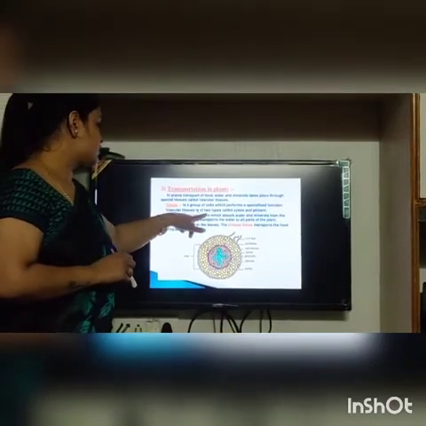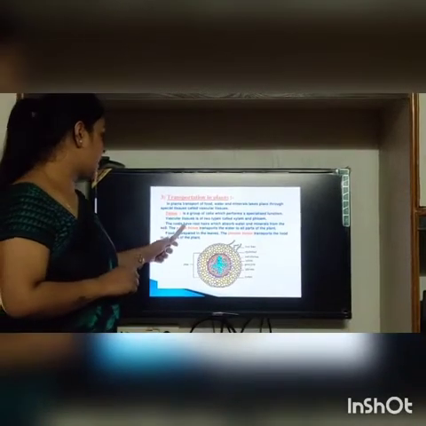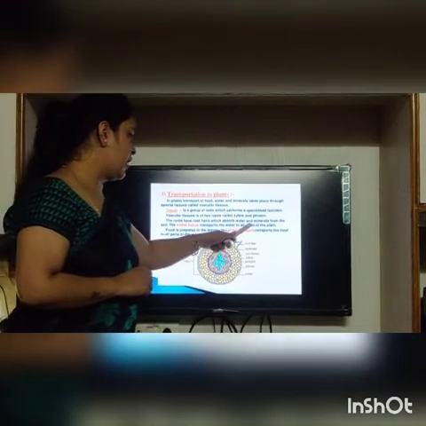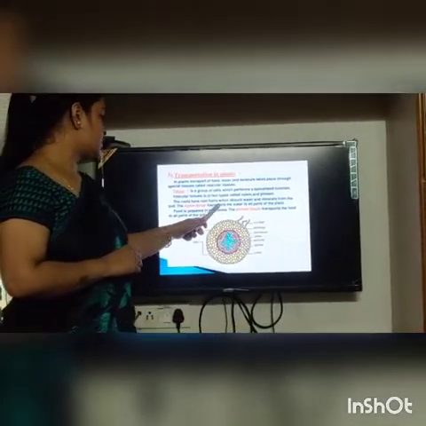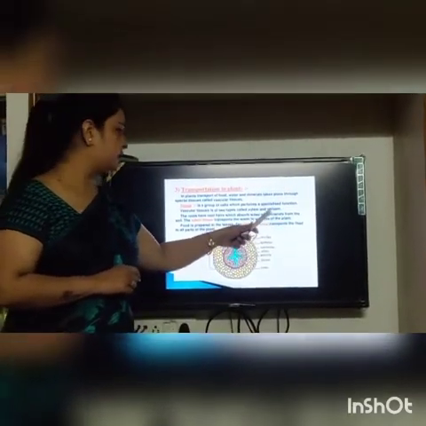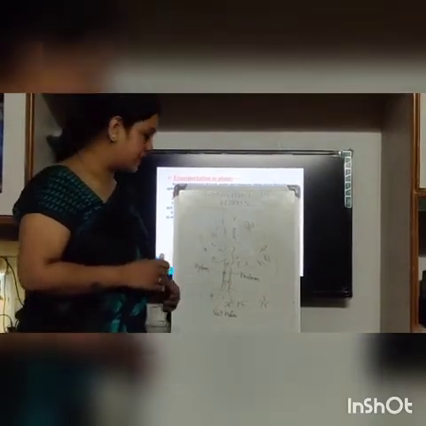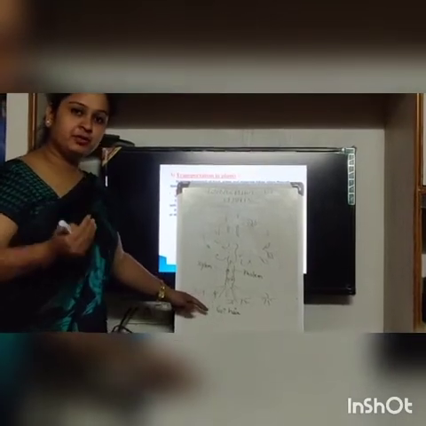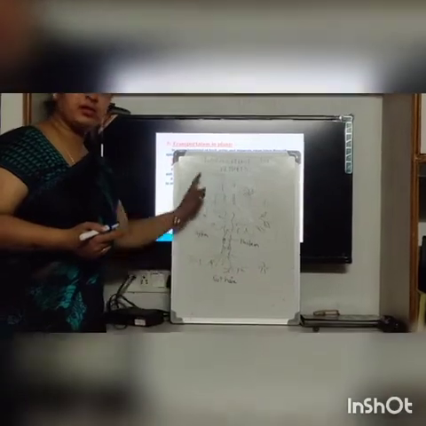Vascular tissues are of two types called xylem and phloem. The roots have root hairs which absorb water and minerals from the soil. The xylem tissues transport the water to all the parts of the body. So what happens in the xylem? Xylem contains a network which carries the absorbed nutrients in the soil to all the parts of the plant.